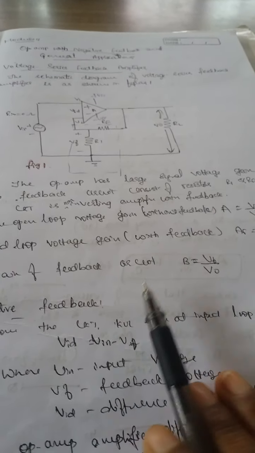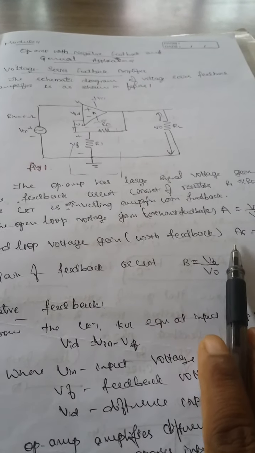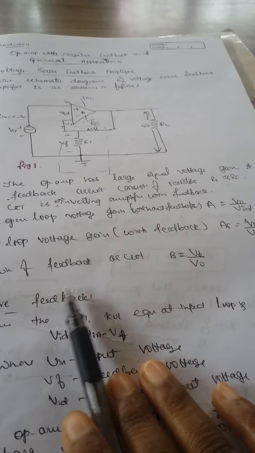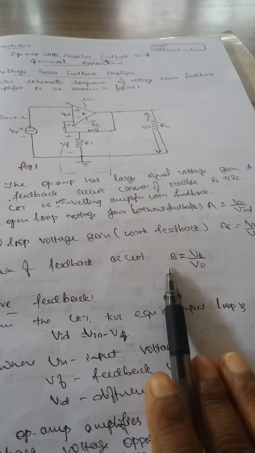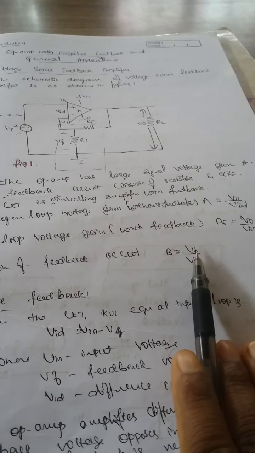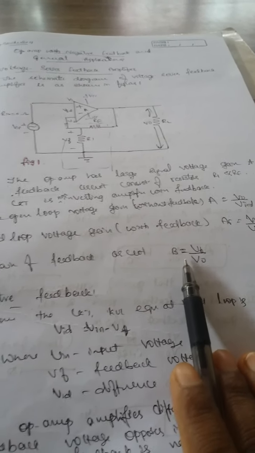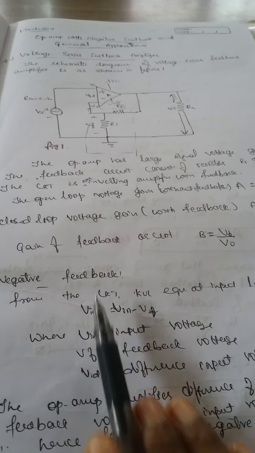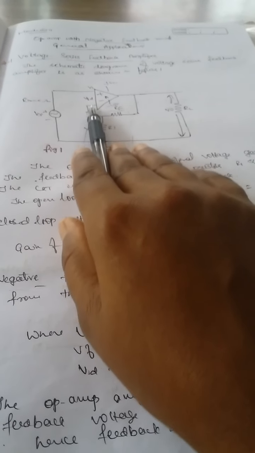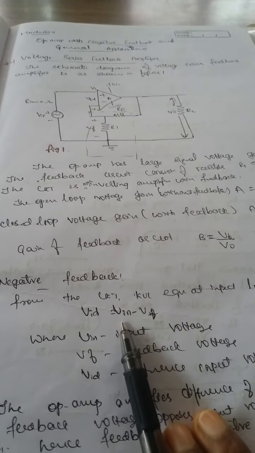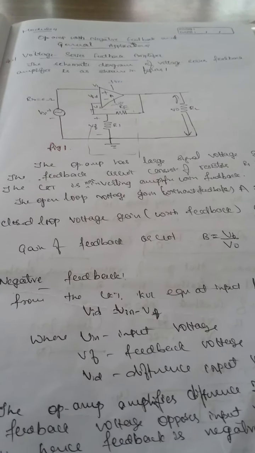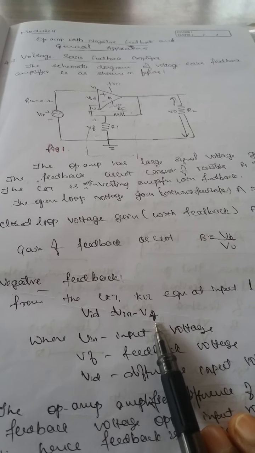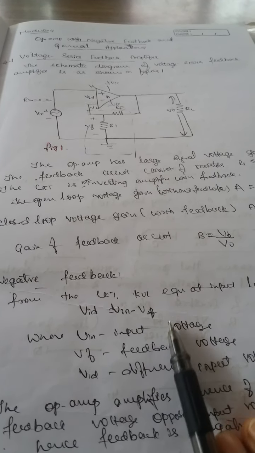Now for this circuit, the closed loop voltage gain is given by AF is equal to V0 by Vin, output voltage divided by input voltage, and feedback parameter B is represented by output of the feedback signal Vf divided by input of the feedback network V0. Vid is the difference of the two input voltages at the two input terminals V1 and V2. At the non-inverting terminal the signal is V1, which is equal to Vin. At the inverting terminal V2 is equal to Vf. Therefore Vid is equal to Vin minus Vf.